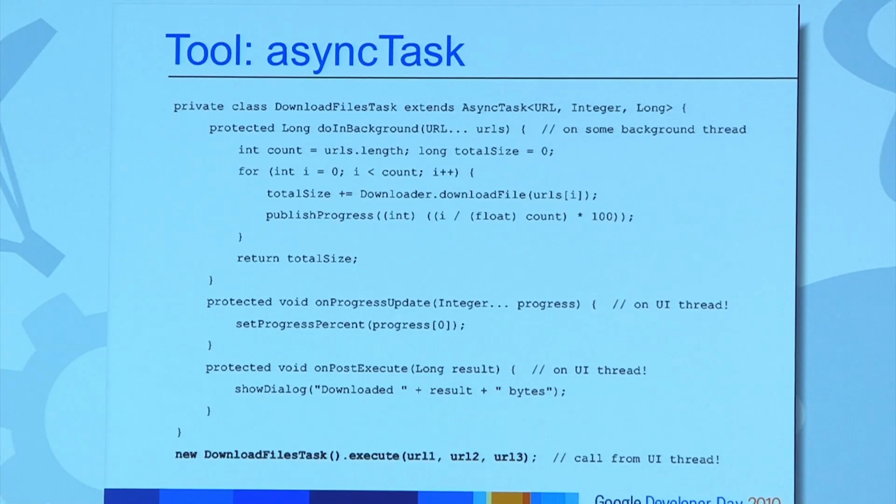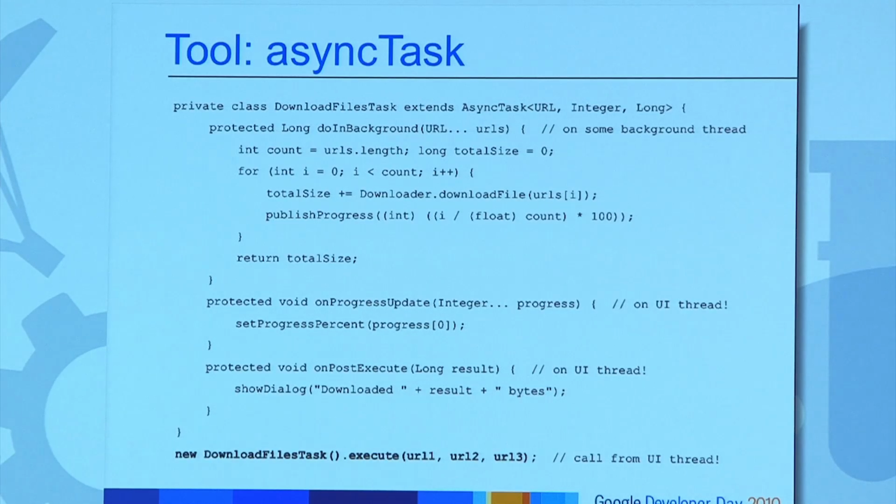Okay, so here's an example of using Async Task. I hope you can see the code. Probably the people at the back can't see the code. I'm sorry. So an Async Task is an abstract class, so you have to extend it. And so you make your Async Task and you call a method called execute, which you see on the bottom line there. And what this does is it eventually calls a method called doInBackground, and that happens on a background